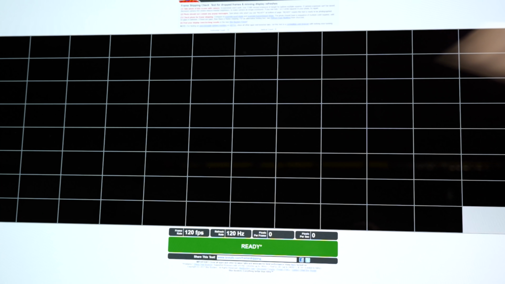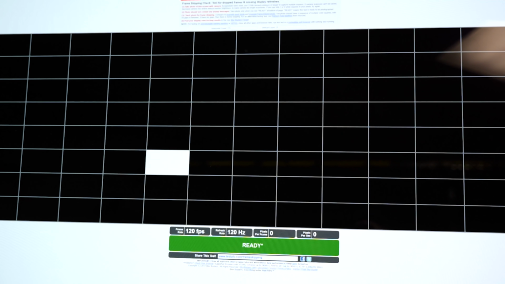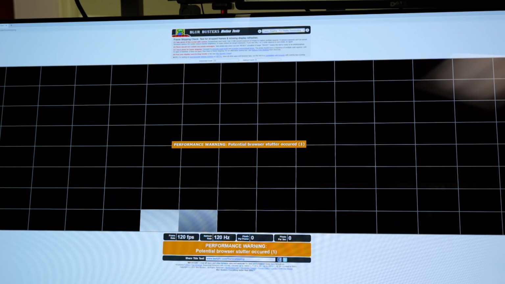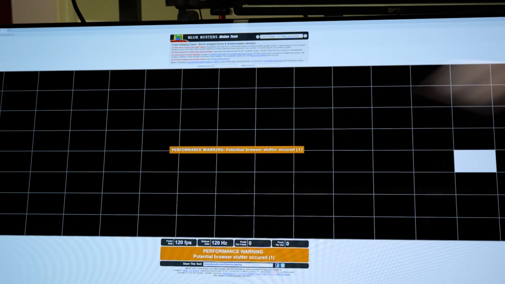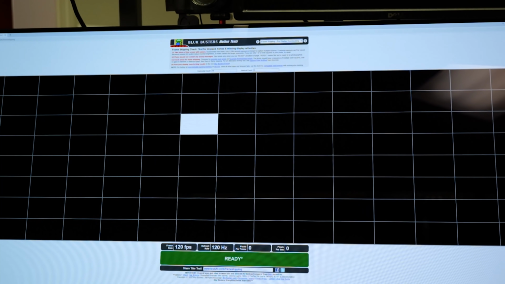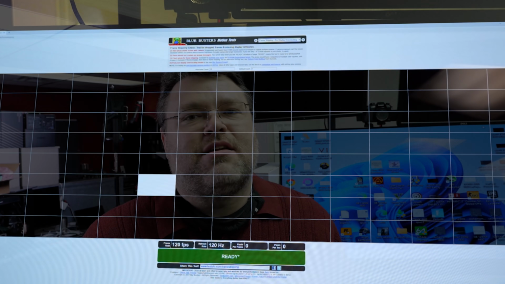So even though this panel is only 120 hertz, in our high-speed footage you will rarely, if ever, see two squares in the test pattern on side by side at any given time. What's more is, look, the color. The color is correct. These pixels turn on and they turn off. How crazy is that? That's why this panel technology is so insane.